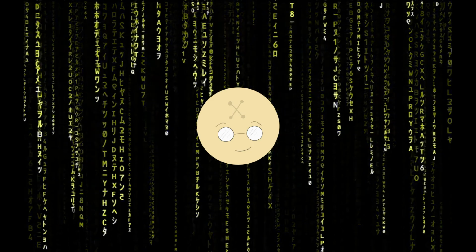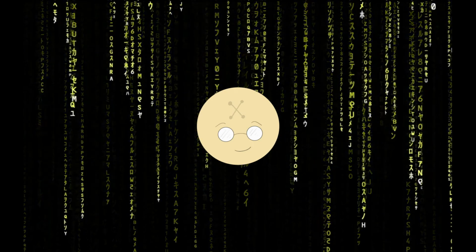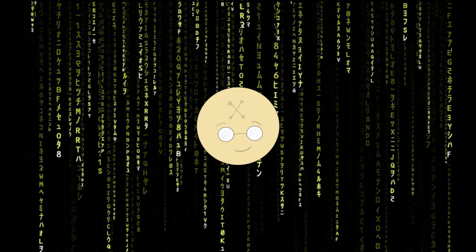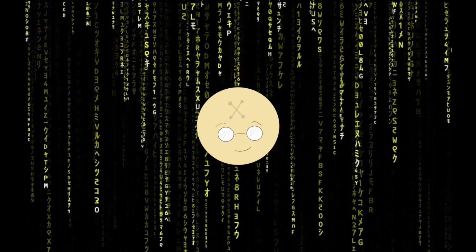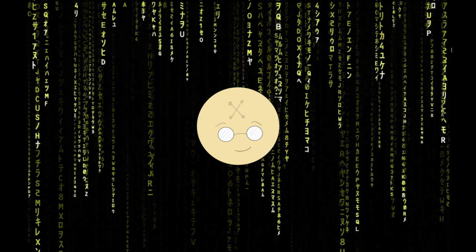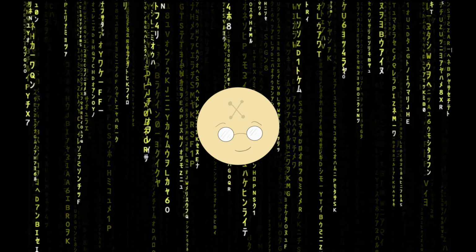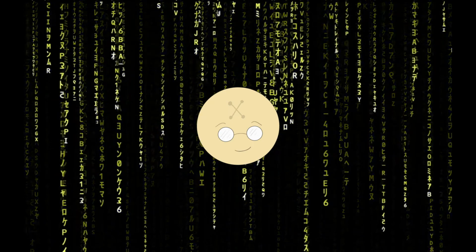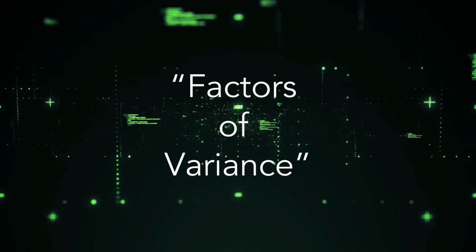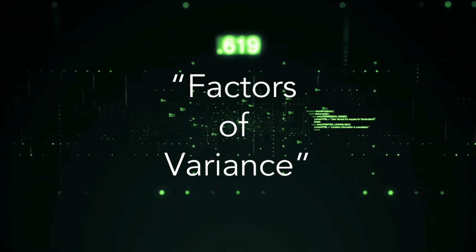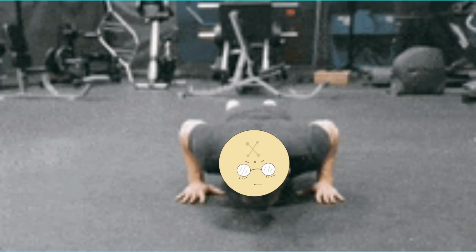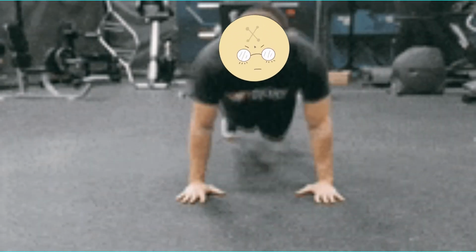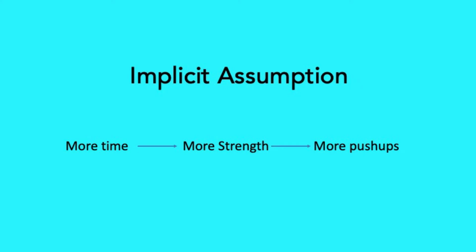Now, linear regression is pretty neat, but it has its pitfalls. The primary pitfall is the very nature of the relationship linear regression assumes in the data it is supplied with. Real-world data is often very complicated with lots of factors of variance, and ignoring these factors might often lead to incorrect predictions. Going back to our push-up example, we assume that the number of push-ups we can do should increase over time as our body strength increases, right? Which is true, broadly speaking.